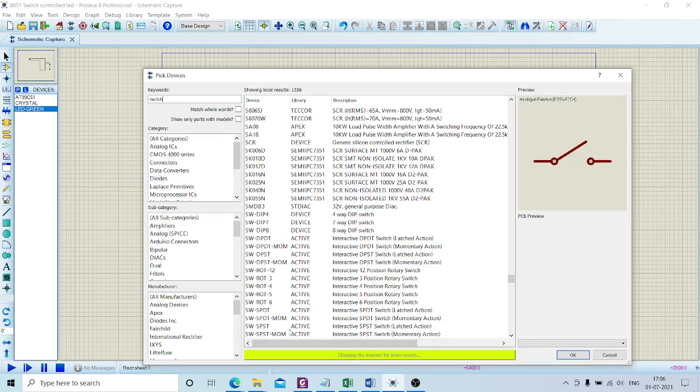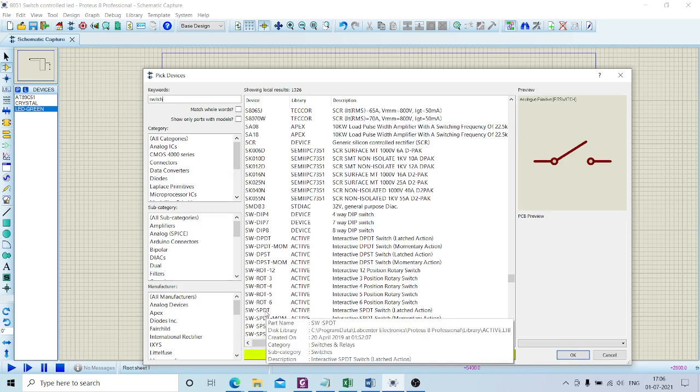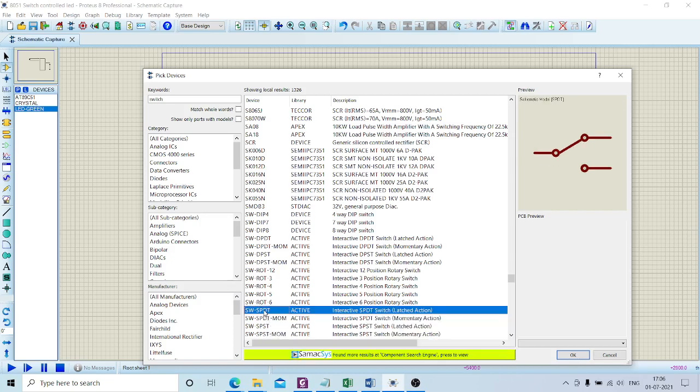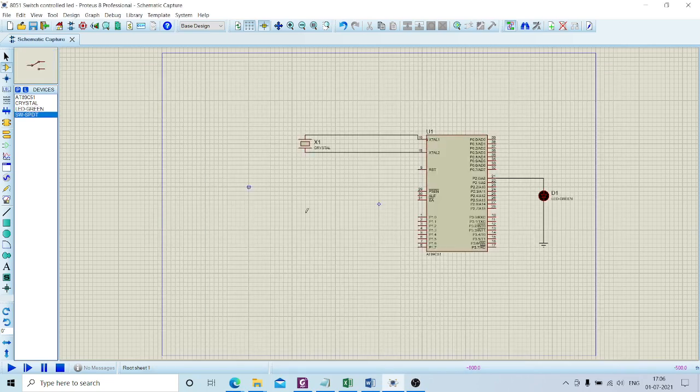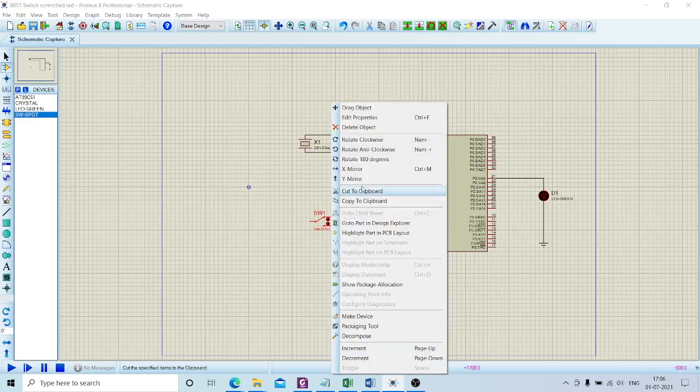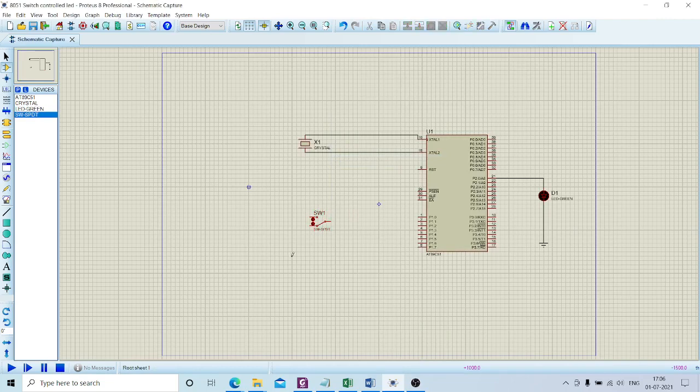and searching for the switch, and we have single pole single throw, single pole double throw. I'll be taking the single pole double throw, and latch action. So I'm going to take both latch action and momentary action. I'll be showing for both. First I'll take the latch action and press OK and place it here, and I'm going to rotate it 180 degrees,